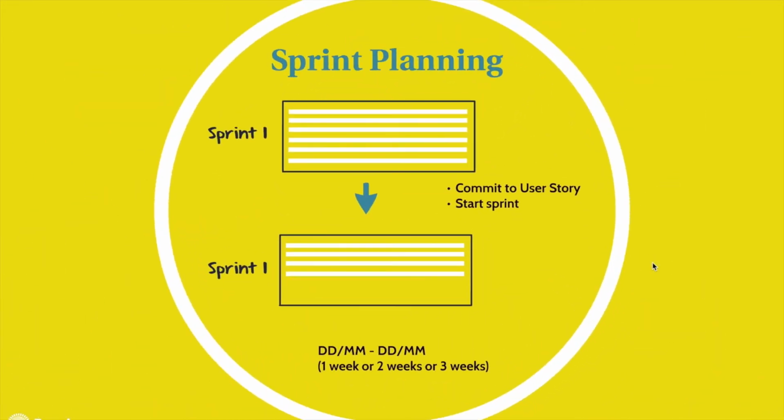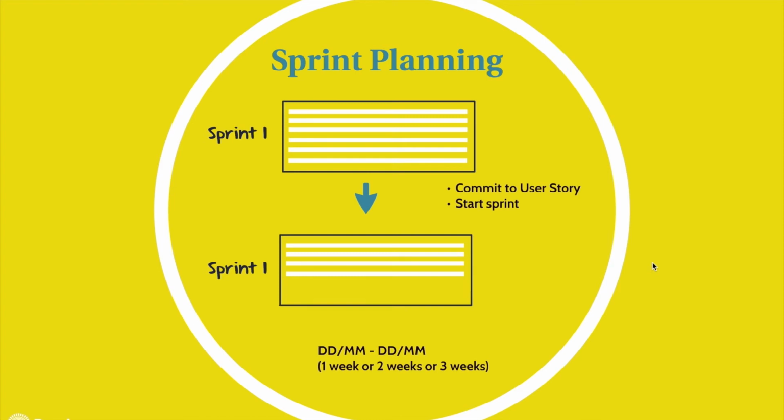In the sprint planning, the team members are going to commit to the user stories that have to be delivered by the end of the sprint. For example, sprint 1 has 10 user stories. The developers or the team members are going to decide how many stories they are going to take in sprint 1 according to their complexity, and the remaining stories will be moved to a future sprint.